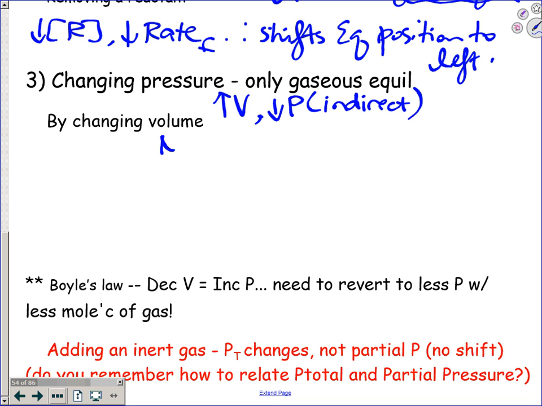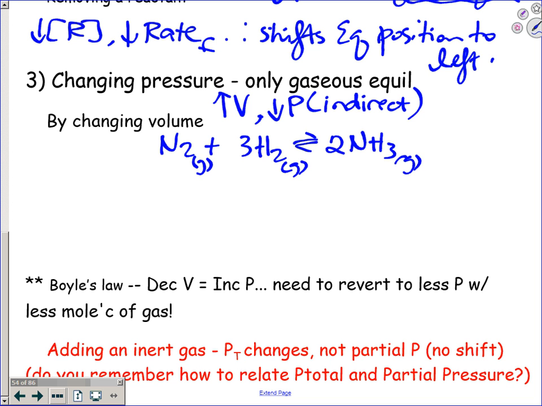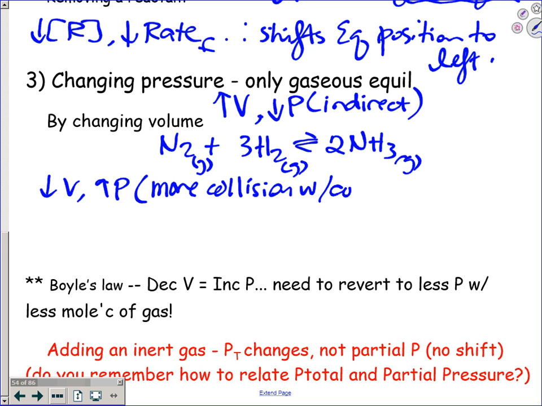So if I have, like, formation of ammonia, as an example, and this is all gaseous, and I change the volume, I decrease the volume, what does that do to pressure? Increases pressure, and essentially that means you have more collisions with the container wall, and so your job is to counteract